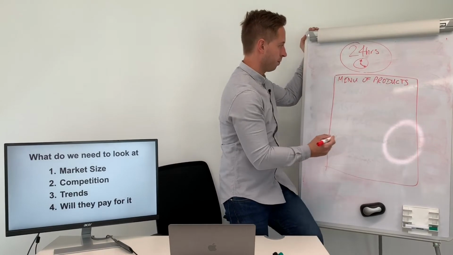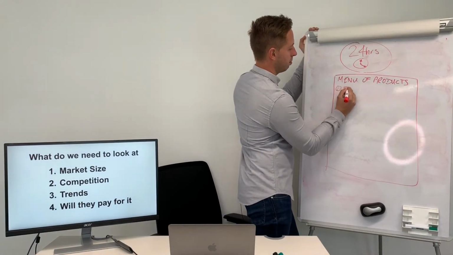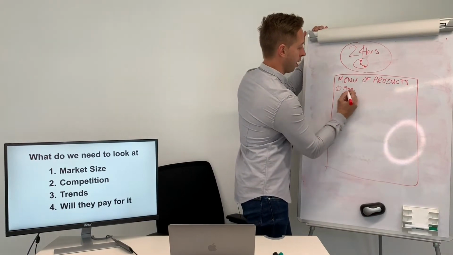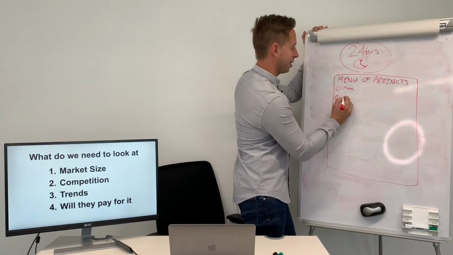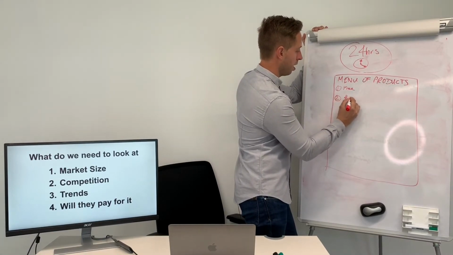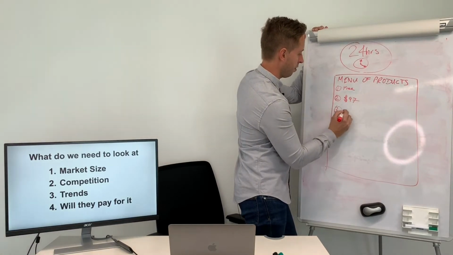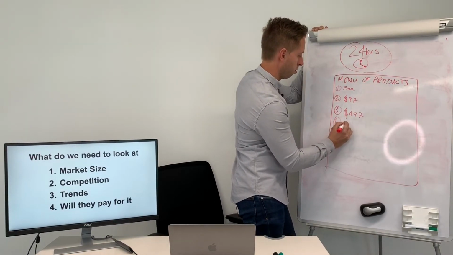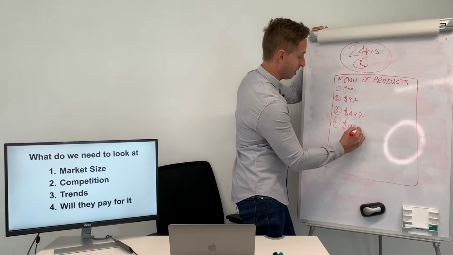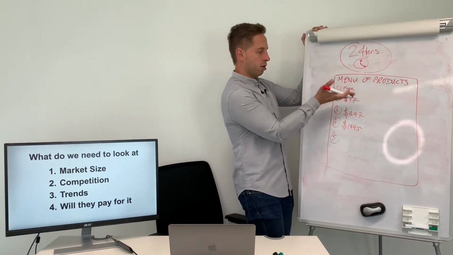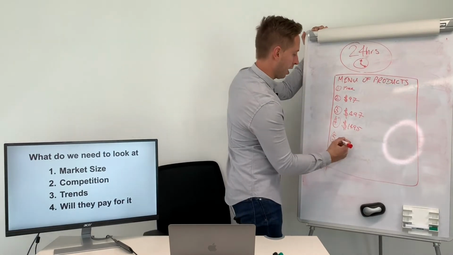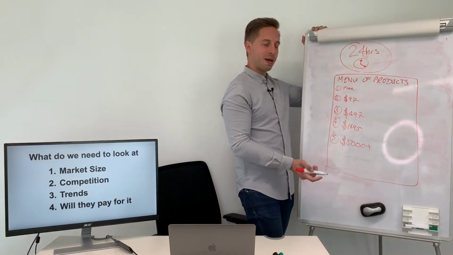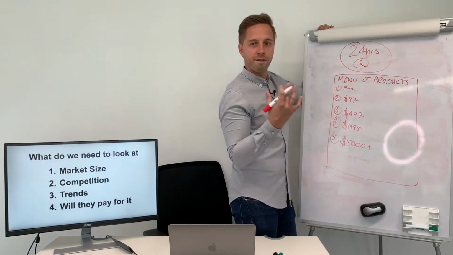So here's my menu. Number one is going to be maybe a free product. And you'll see how this menu is basically like a funnel. Maybe a free product of whatever. Number two, I'm going to sell a product at, I don't know, $97. Number three, I'm going to sell a product at $497. Number four, I'm looking at going into the bigger numbers. And by the way, the lower down you go, the more money you make. Here, I'm really looking to go for $5,000 plus. That's my menu. So let's just apply it to the fitness industry, for example.